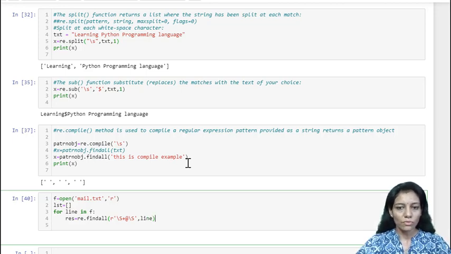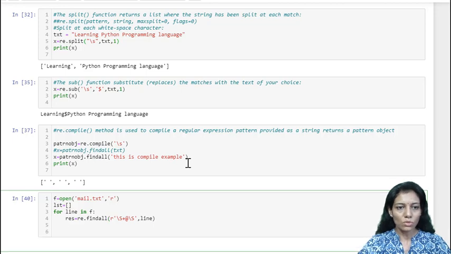From here my result will be stored, and I want to append all those results because I want to accumulate all the email IDs into the list: lst dot append. This is the list function I am using, and I will be appending the extracted information stored in res into it.